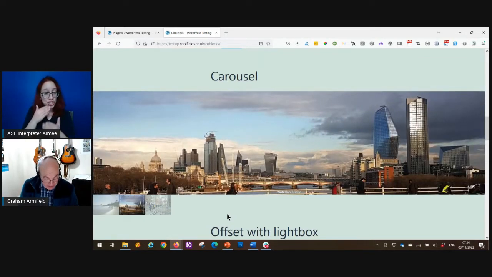except that if I do Shift Tab and then Shift Tab again, I have moved keyboard focus up the page. You can't tell, but it is now, this big image here has got focus. They've done that. I don't know why they've done that, because there's no functionality. I'm clicking on this image at the moment and nothing's happening.